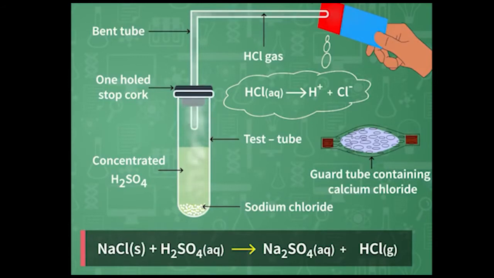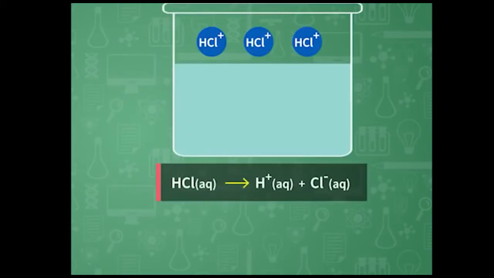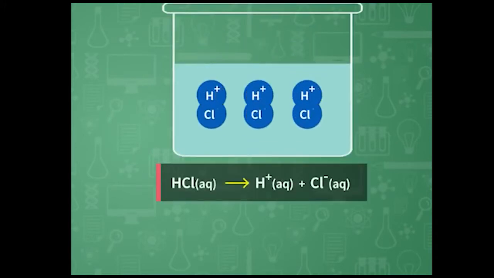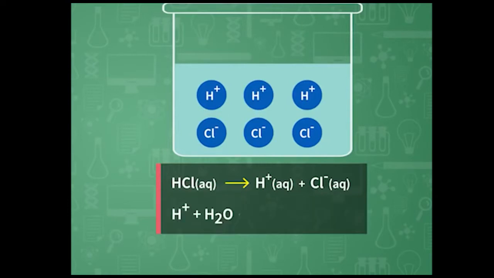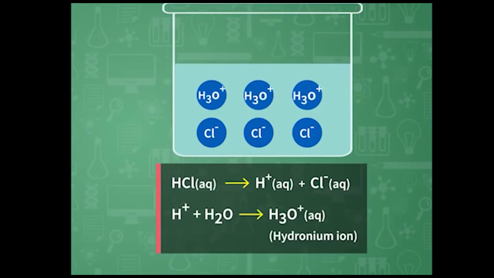So this activity tells us acids show their acidic property only in presence of water. Let us write down the dissociation of hydrochloric acid. It forms H plus and Cl minus ion in water. Now these H plus ions are highly unstable. That is the reason why H plus ion combines with the water molecule, because it cannot stay alone. And once it combines with the water molecule, it converts into a new ion, that is hydronium ion, H3O plus.